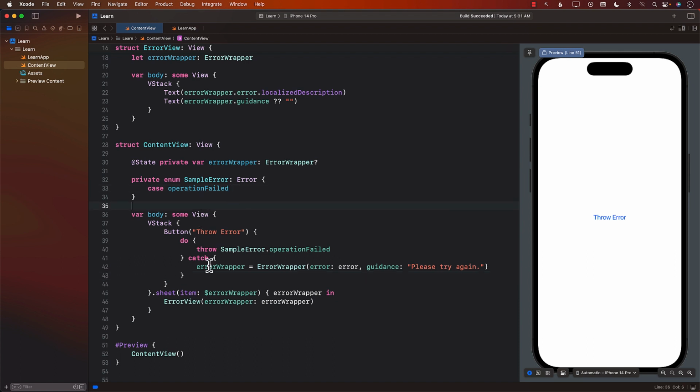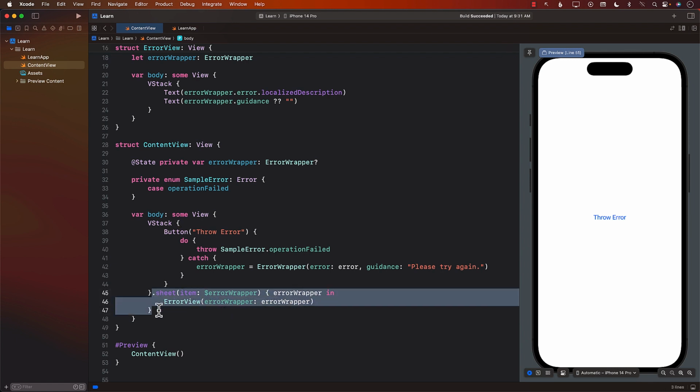completely different view, and I want to display the error in a sheet or some other mechanism, I will have to write this line again. It's not a big deal to write this line again, but maybe I want to remove the sheet, use an alert, or remove the sheet and use an overlay, things like that. Then I'll have to go through all of those controls, all of the different views, maybe 5 or 10 or 15 views, and then I will have to